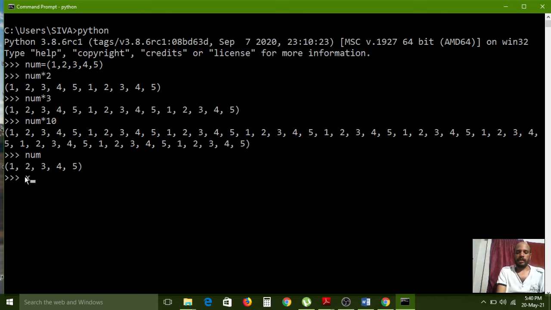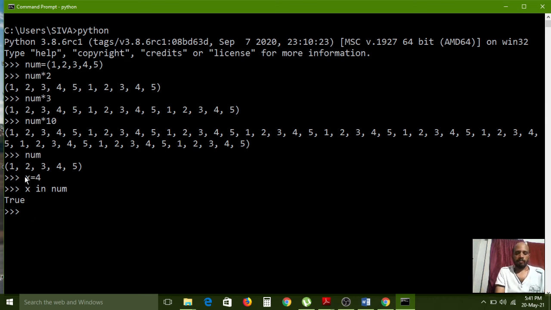For that, I gave x equal to 4. After that, x in num. The x value is 4. Is that value available in the numbers tuple or not? Now it is checking. True. True means that value is available. If it is false, that value is not available.